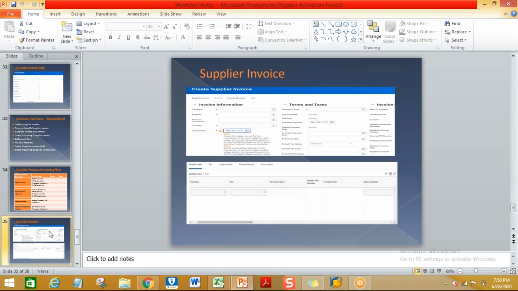Okay. So this is the supplier invoice screen. The header information and the line item information is called. The first invoice information, terms and tax, these are all invoice header information. So the line item information, as I told you earlier, here you have to maintain the spend categories. Based on those spend categories, the system will automatically pick the required GL accounts and post the